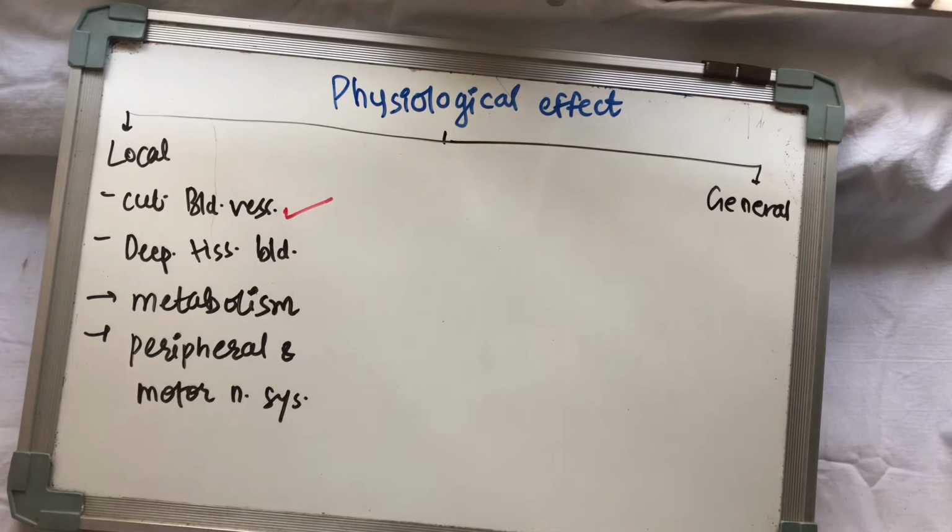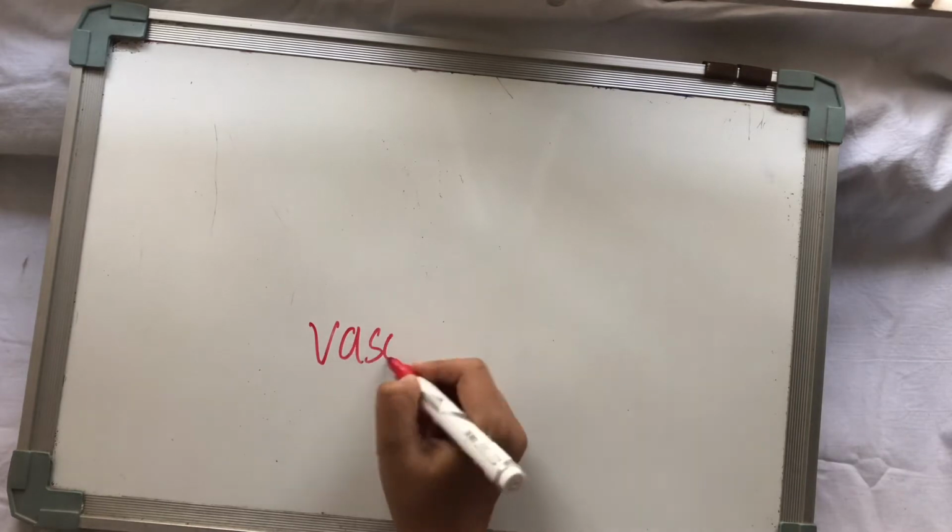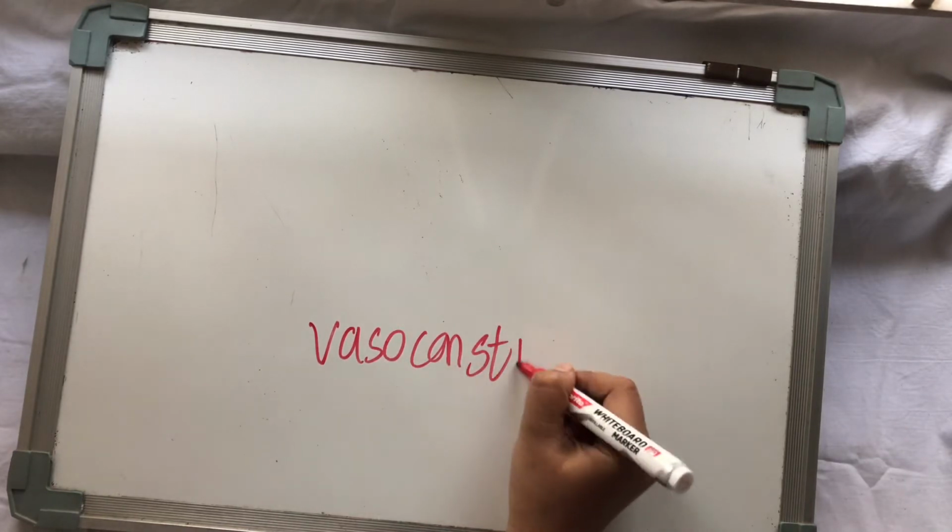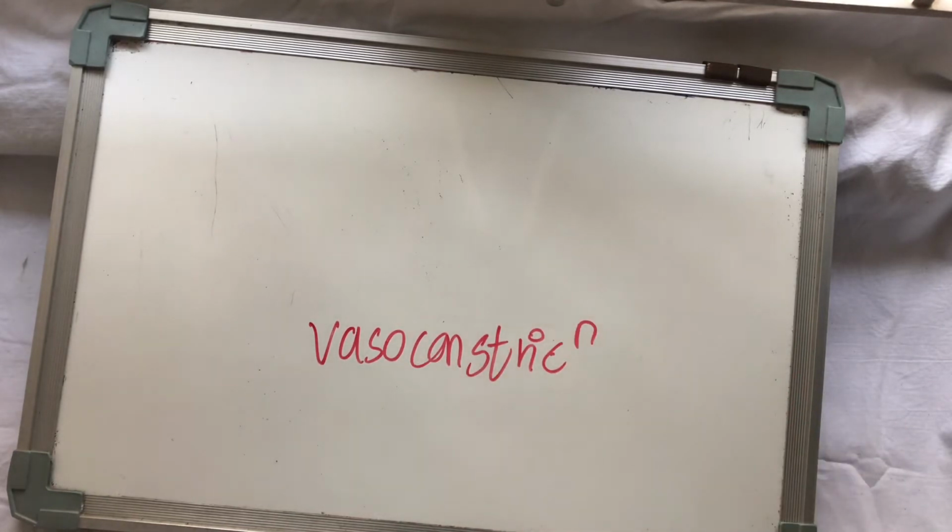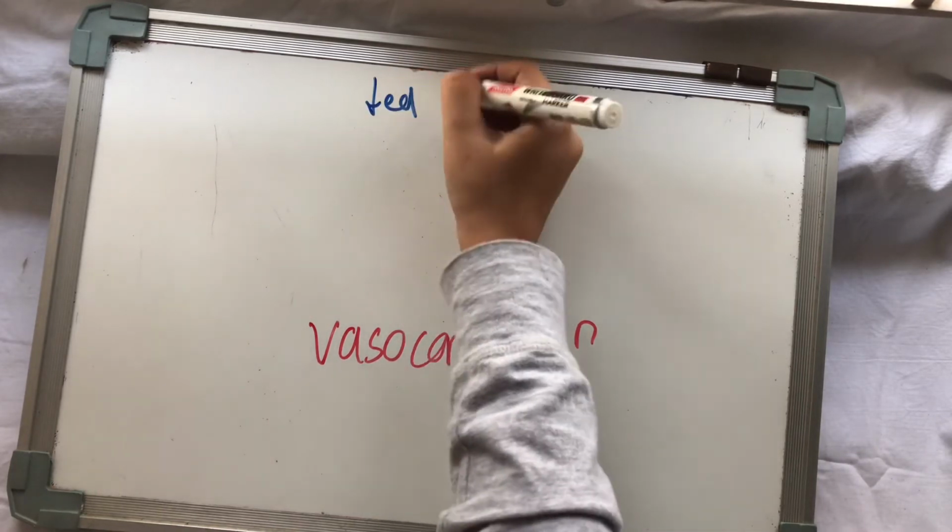What is the effect of cryotherapy on cutaneous blood vessels? There is immediate vasoconstriction of cutaneous blood vessels, shown by the blanching that occurs. This restricts the blood flow in the skin so that heat loss is minimized. The speed with which vasoconstriction occurs is indicated by an ANS reflex triggered by thermoreceptors.